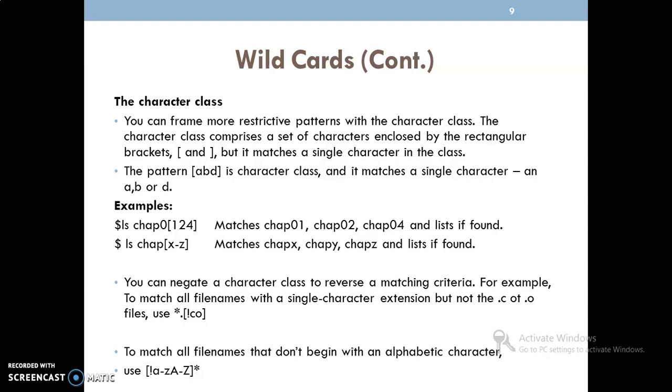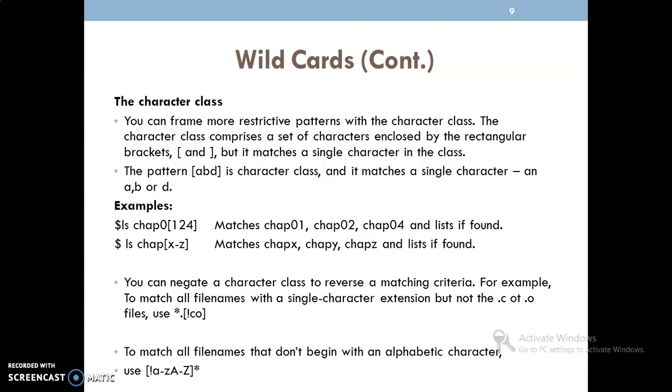Similarly, we have one more example, chop[x-z]. That means it can match either chopx, chopy, or chopz. It cannot match anything other than these three files. We can negate this character class by using the negation symbol.